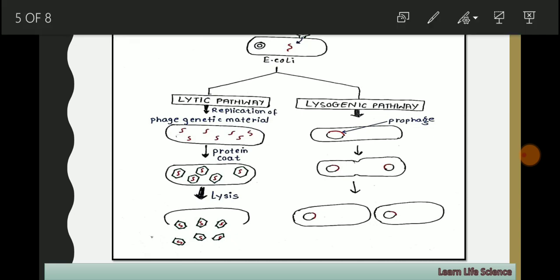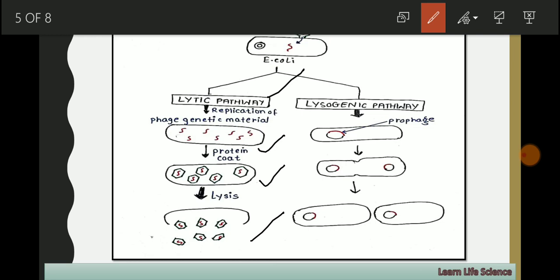Now the lambda bacteriophage follows lytic pathway when the conditions surrounding them are favorable. What they do after injecting its DNA is they replicate. They create multiple copies of their genetic material. Further, they also undergo machinery synthesis, that is the protein coat, tail formation, collar, etc. And then lastly they undergo lysis and get ready for further infection to the next host cell.